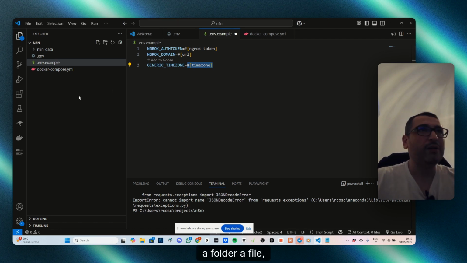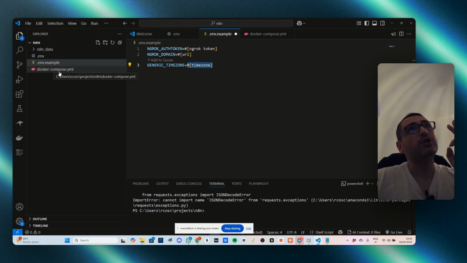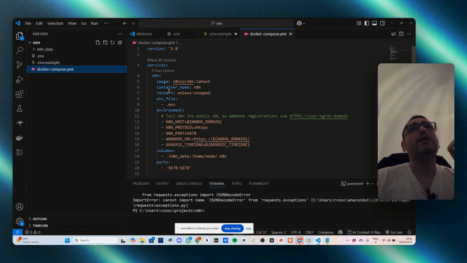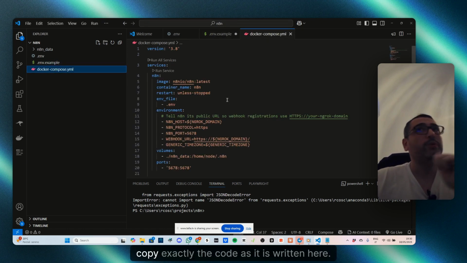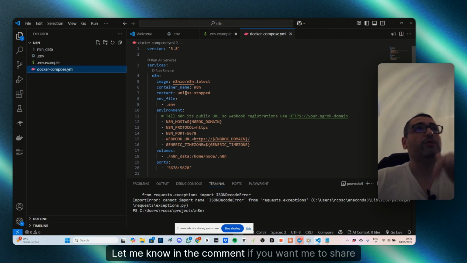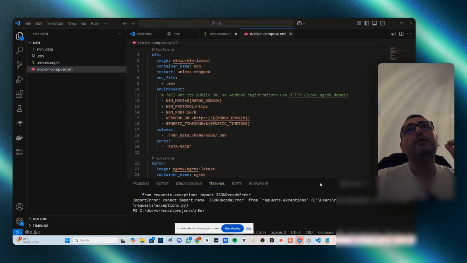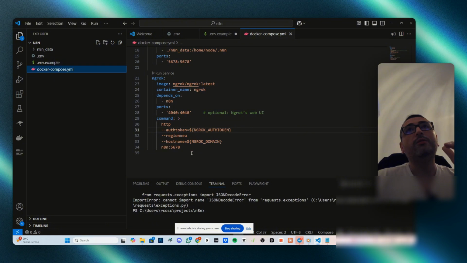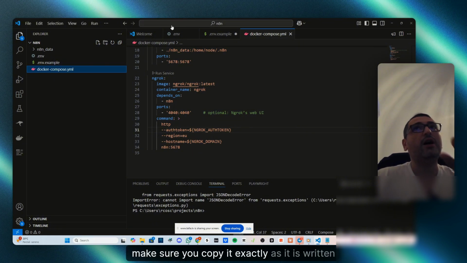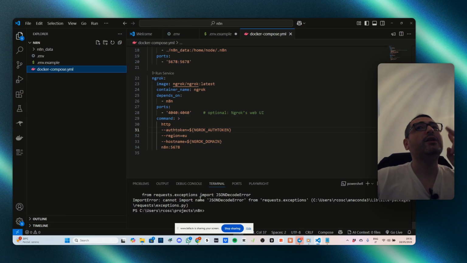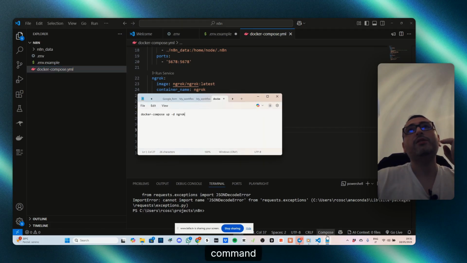Also create a file called docker-compose.yml, like here, and you can copy exactly the code as it is written here. Let me know in the comment if you want me to share it with you, and make sure you copy it exactly as it is written here